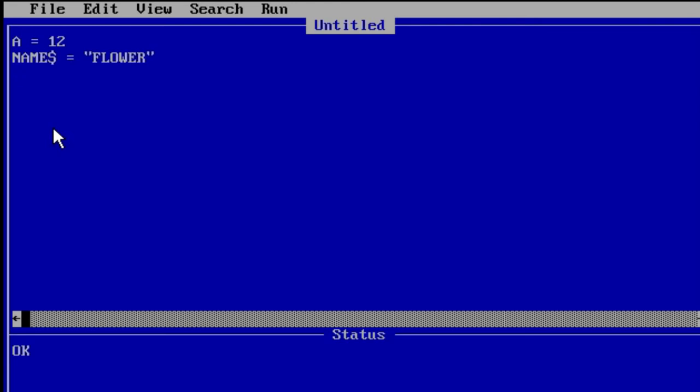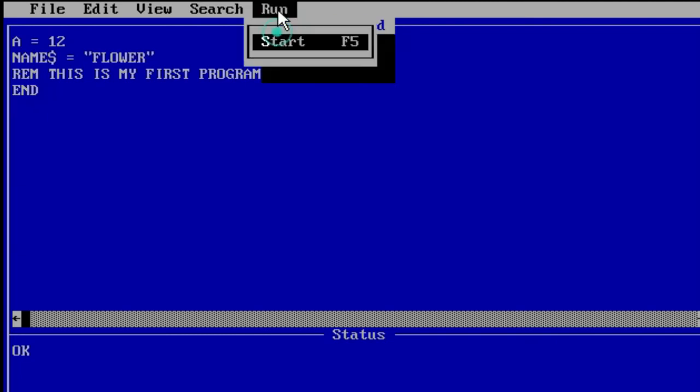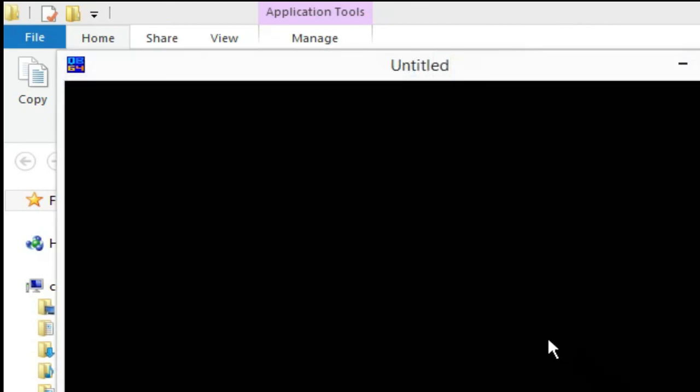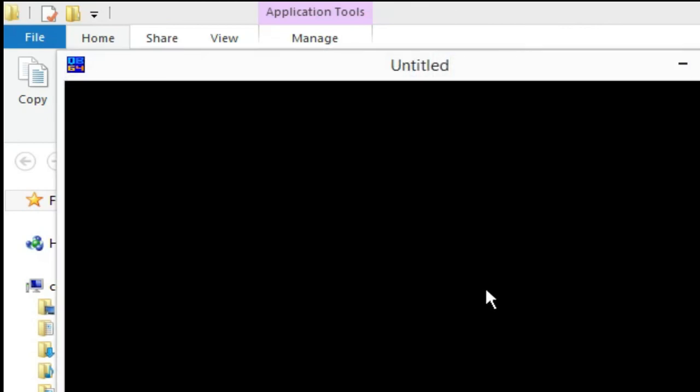So if I write here rem, that is remarks, and write something, suppose I am writing this is my first program, and then enter and then write end and click on Run, then Start.